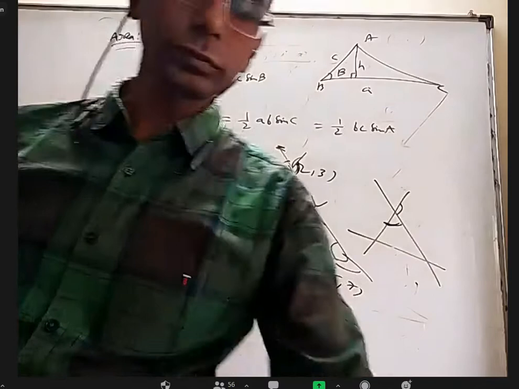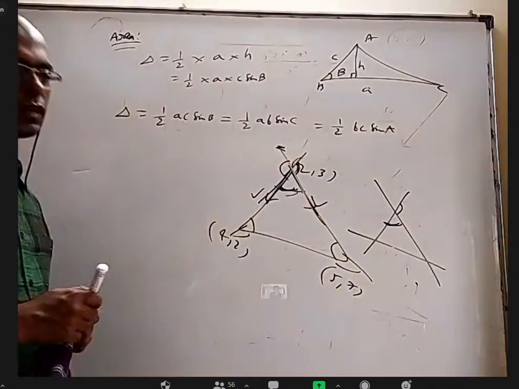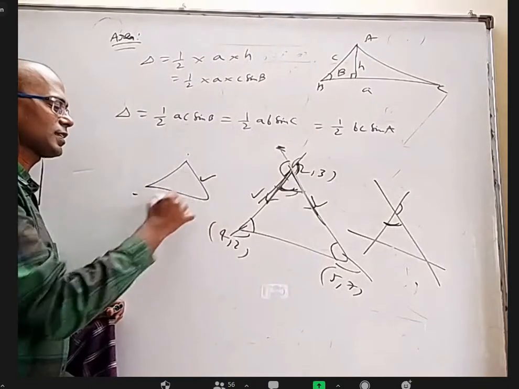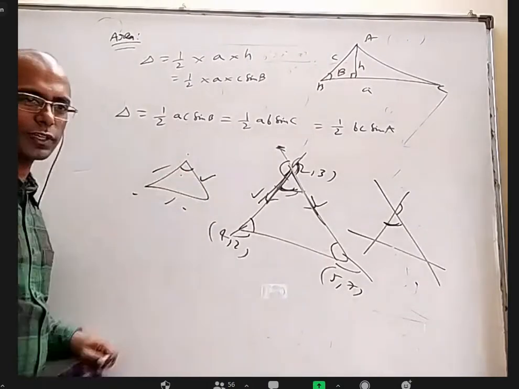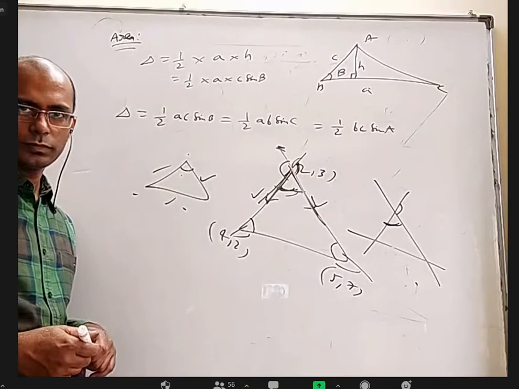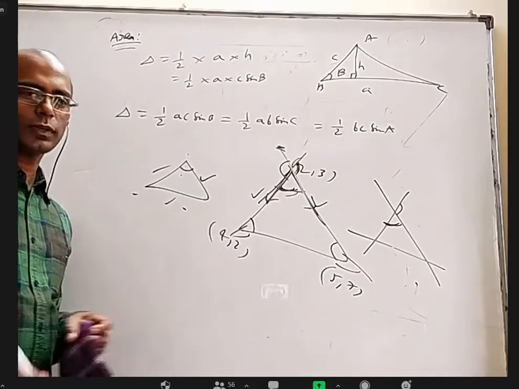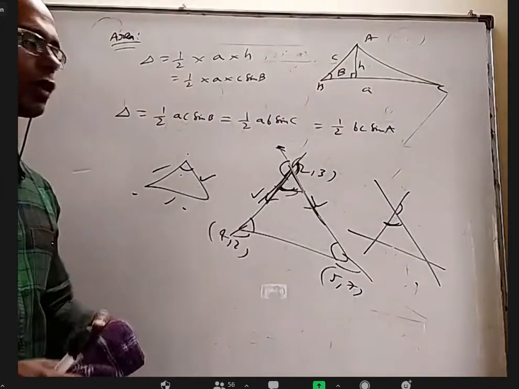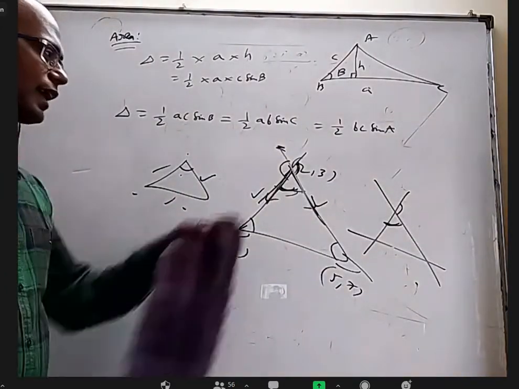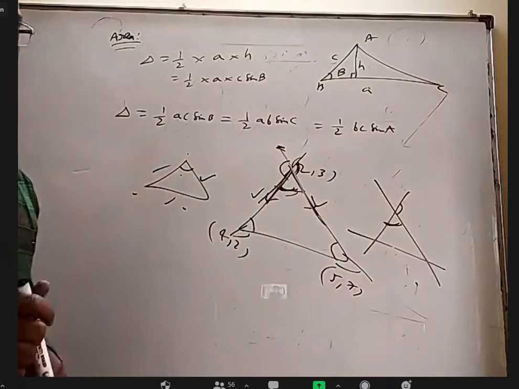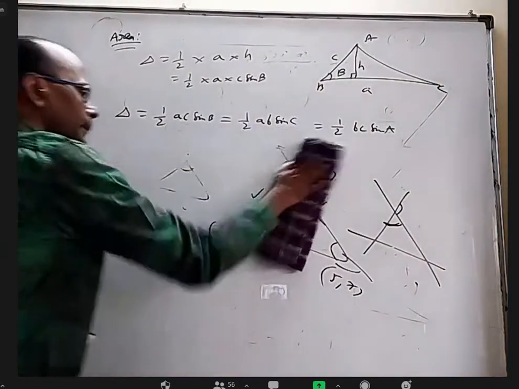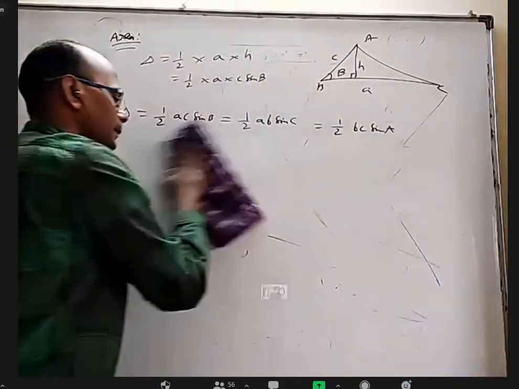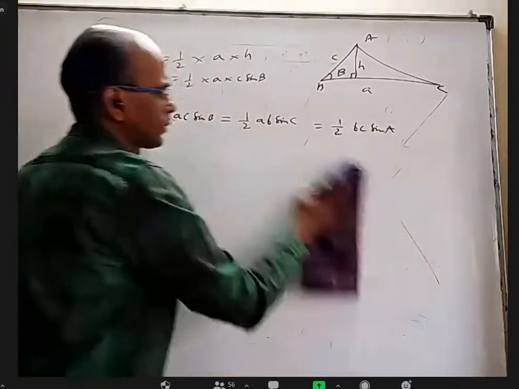Another way to manage this in 2D geometry: you know all the vertices, find this length, this length, this length, and whichever angle you want, use the cosine rule. If you don't want to use vectors, you can use the cosine rule, but only by 2D geometry or only by 3D geometry, it is not possible to find the angles. Of course, for area we have a formula. I'm talking about angles. In 3D, we cannot find area also.